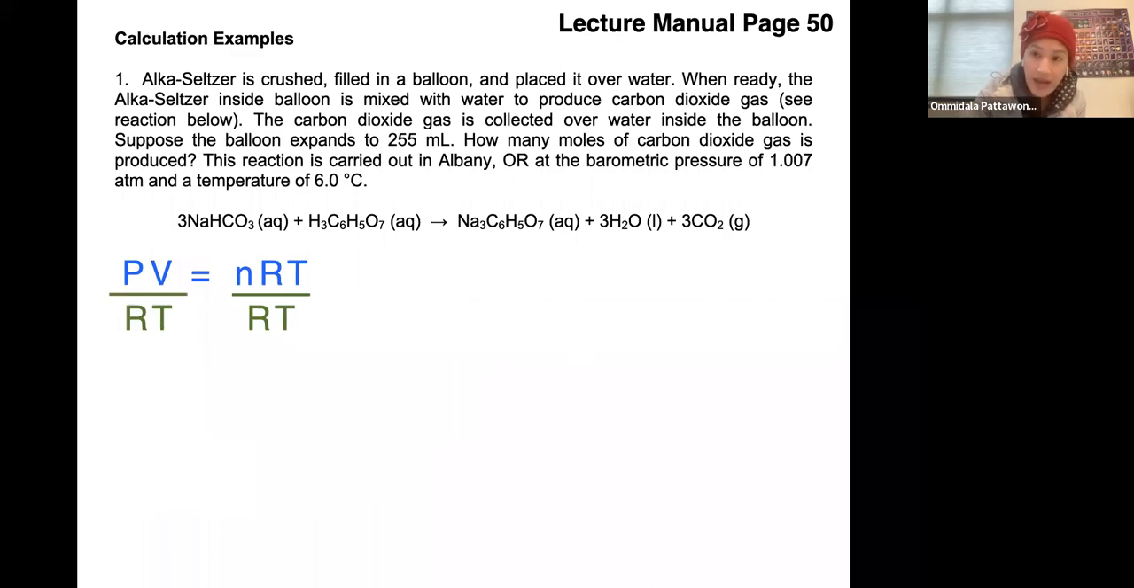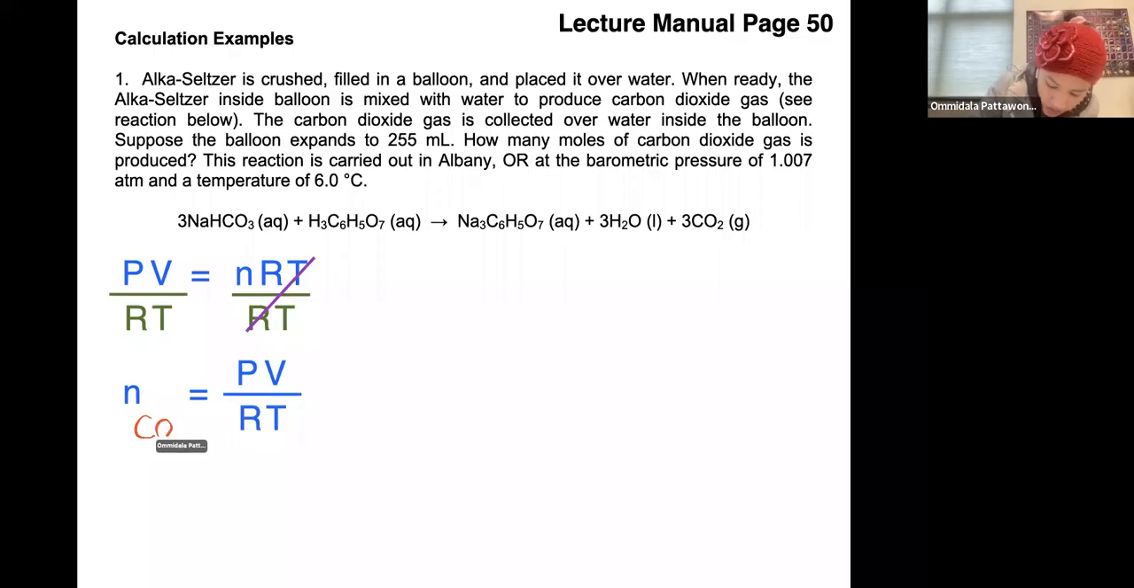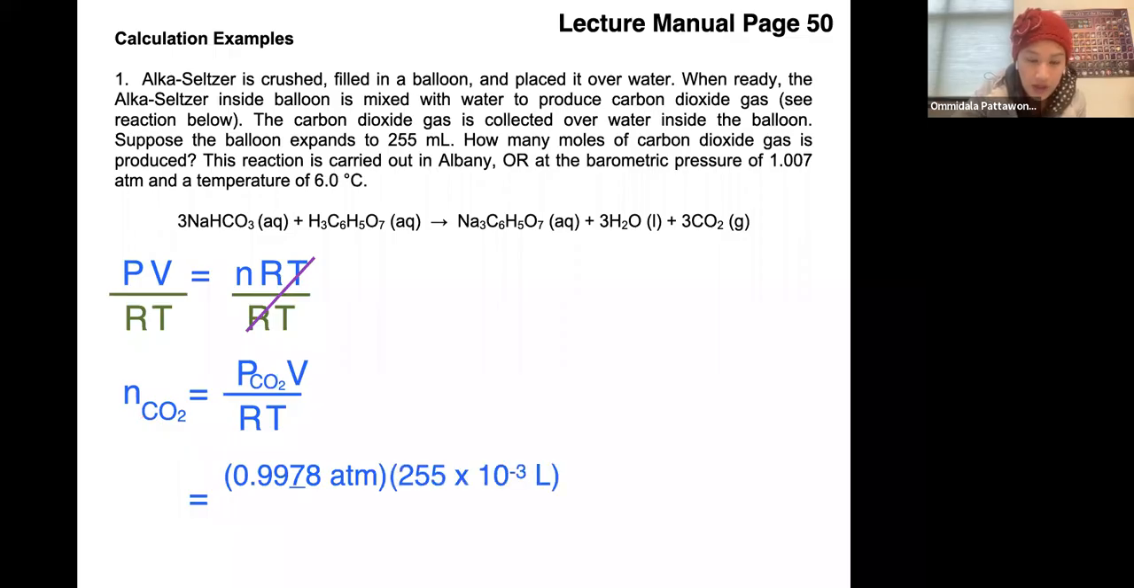What I'm doing is rearranging the equation so that n, the number of moles, is by itself. Because we are looking at CO2, the pressure has to be the pressure of CO2. So in this case, you just plug those in: the pressure of CO2 that we calculated earlier, and then divide that by